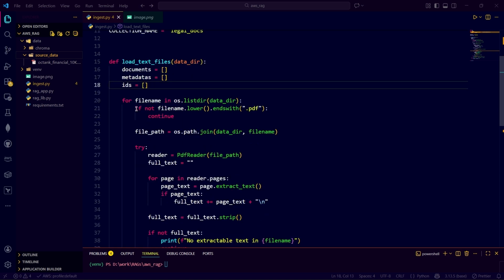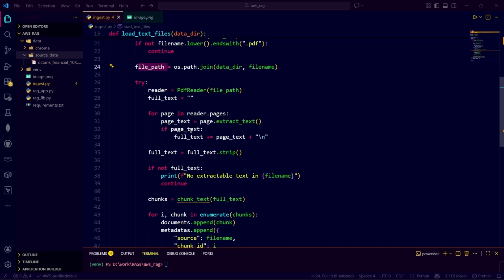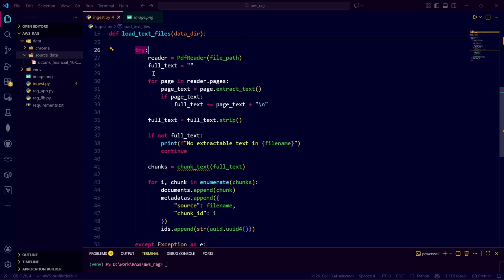So we are looping through all the files in that folder. And if the file is not a PDF, we continue. And then for the file path, we are taking the file path of this. And next we are reading all the text in that file and storing it in this full text variable. We have wrapped that inside this try catch block. And next we are calling the strip function to remove any leading or trailing white spaces. And next if that PDF is empty, we print that there is no extractable text and continue